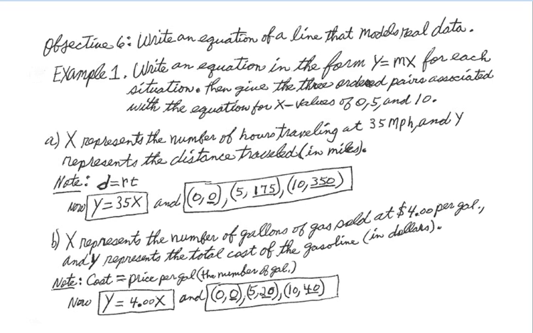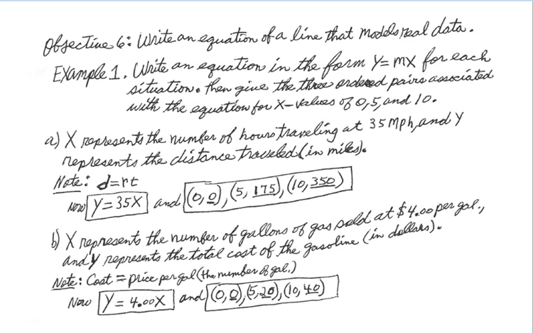Okay, answer to part A. X represents the number of hours traveled at 35 miles per hour, and y represents the distance traveled in miles. Note, distance equals the rate times time. Therefore, the equation that we're trying to generate is y equals 35x. Then,